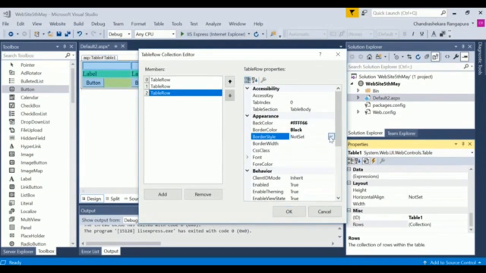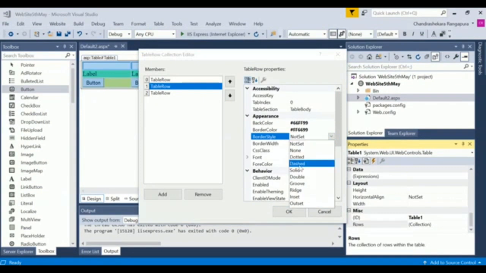So for each and every cell you have to set the properties. It's not the case that if you set it for one control, one cell, it will automatically be applicable. For each and every member you have to add the properties, and all these are optional.